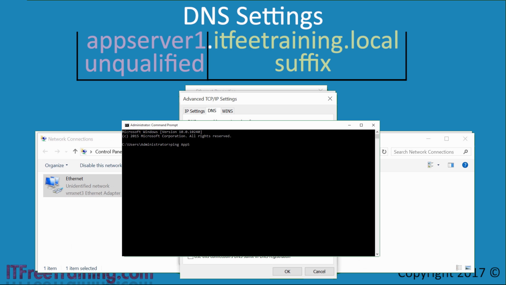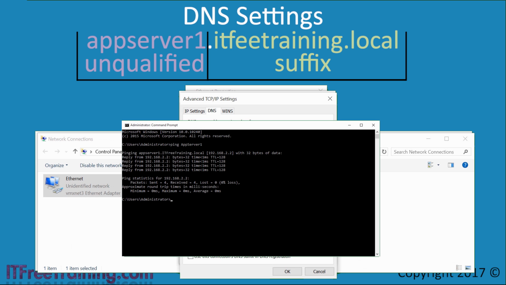If I attempt to ping the unqualified domain name, App Server 1, notice that this is resolved to an address. On closer inspection, notice that the suffix ITFreeTraining.local was added to the unqualified name. This was found by the DNS server and the IP address returned. So the unqualified name had a suffix added to become a fully qualified domain name, which the DNS server could